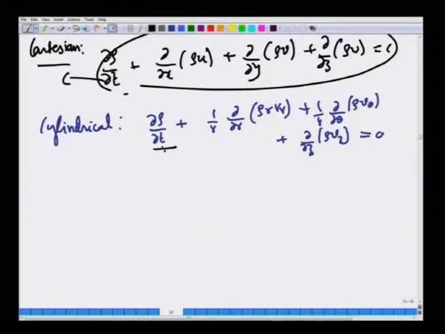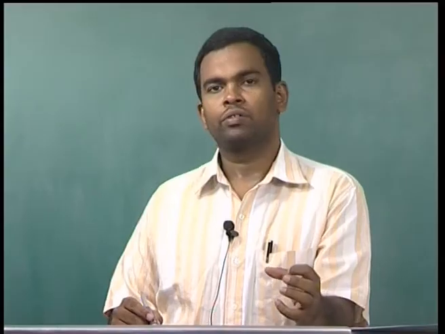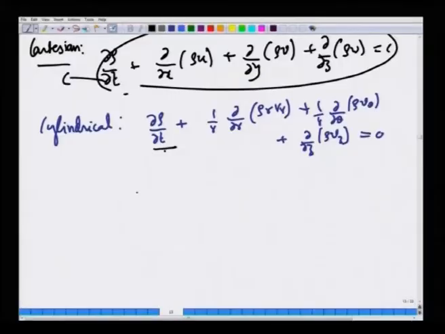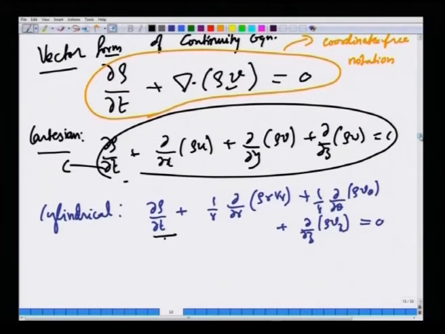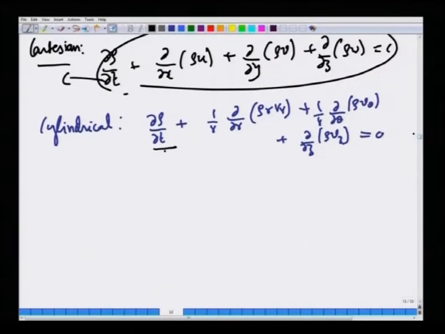I just showed, although I have not derived this expression, we will do that a little later. But right now I am just telling you that you cannot blindly write the component form of the continuity equation in various coordinate systems in a very similar way to Cartesian coordinates, because while this form is independent of coordinate systems, the component form is actually dependent on coordinate systems. So, the brief reason for that is that